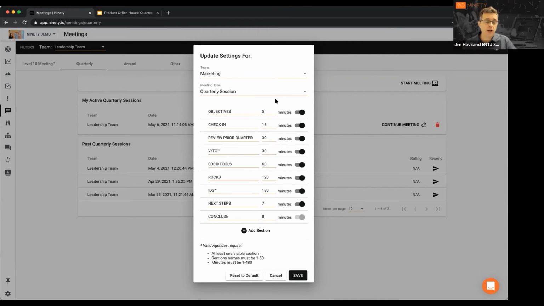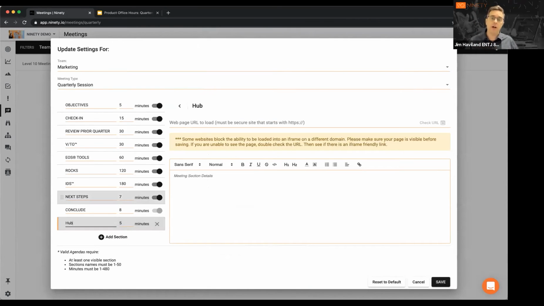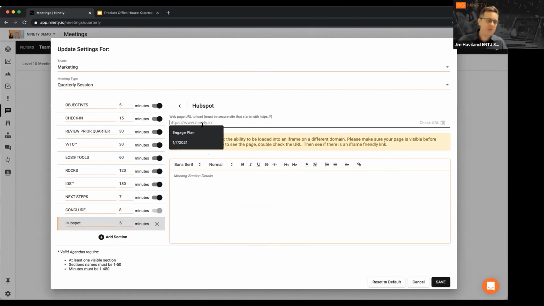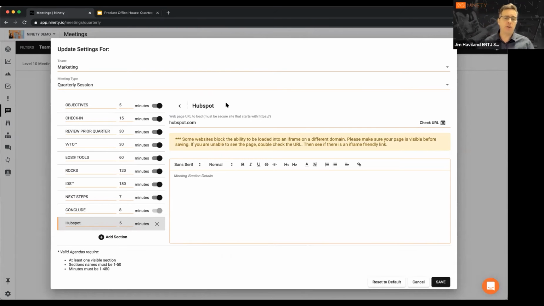And it's also just like with level 10 meetings, quite often when you get into the departmental level, there's other applications outside of Ninety that you want to bring into it. So if it's marketing, you want to bring in whatever you're using for a reporting engine around that and really look at those things, because that could be a source of issues in rocks. Like, hey, how did we do on, for instance, HubSpot? And you can put the entire URL in there. It brings it right into the meeting so everyone can see the same thing when you're sharing it. It's a great way to make sure, hey, we're all at the same source, we're all seeing the same thing, and we can get to agreement.